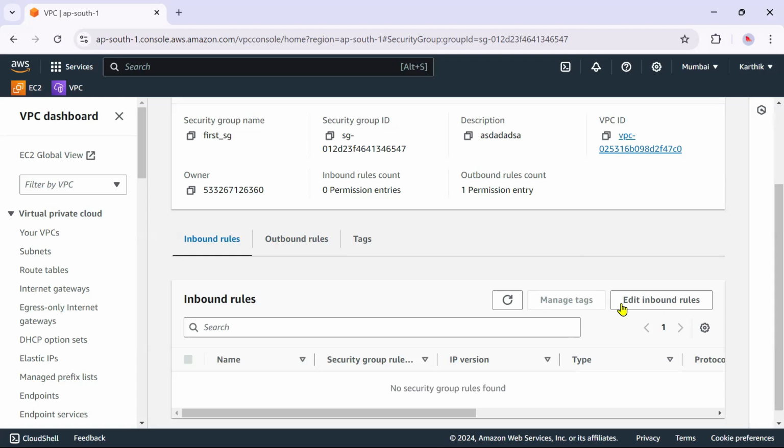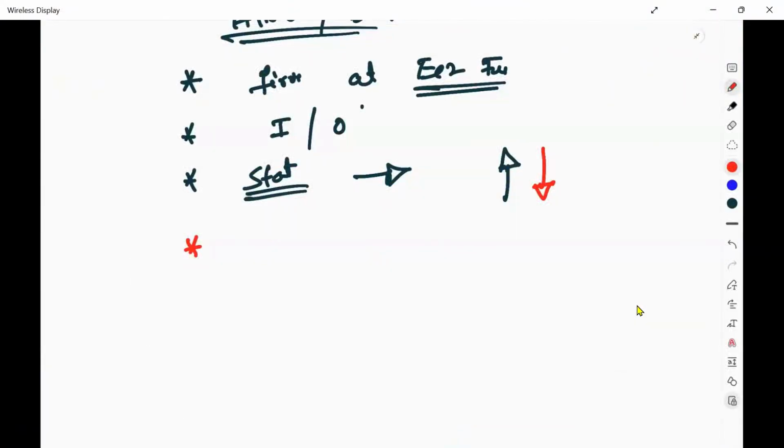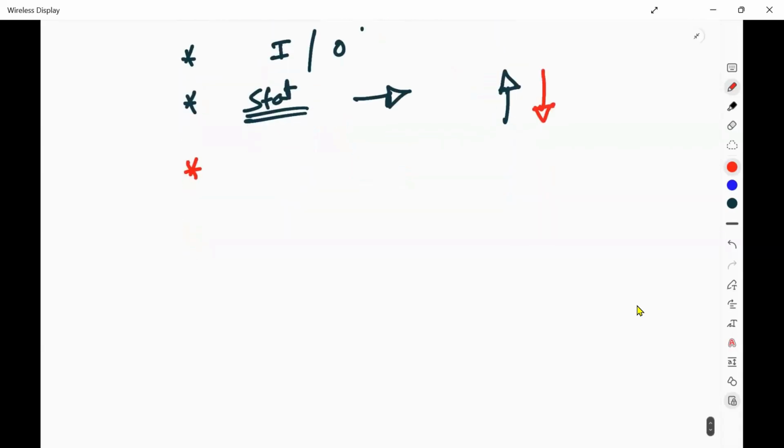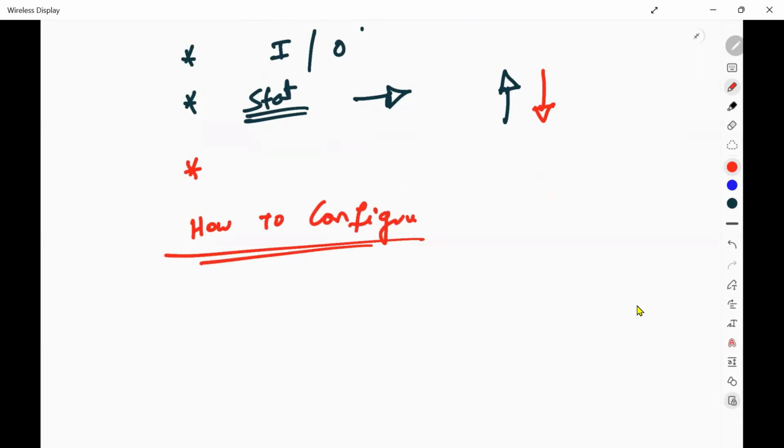Now, before adding some rules, basics first. The next question that comes to your mind is how to configure this inbound traffic and outbound traffic.